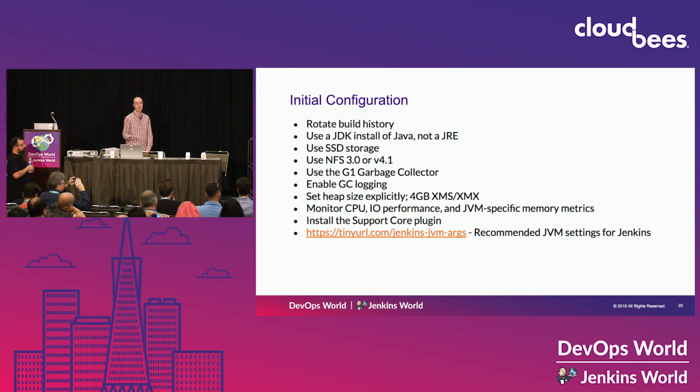And so rotating build history so that you're not keeping an infinite amount of build run history is really important, because that takes up more memory. The more of that you have takes up memory, and plugins that try to graph or otherwise report on the history of a job will get progressively slower the more of that you have. So don't keep more than 30, 60, 90 days of it unless you have some compliance need for it or whatever. And even in that case, ideally try to find another place to warehouse that data